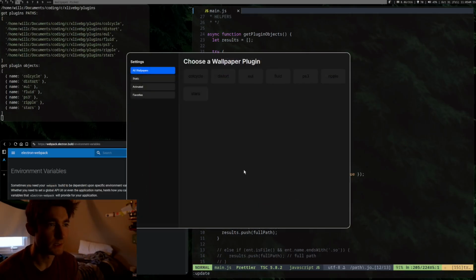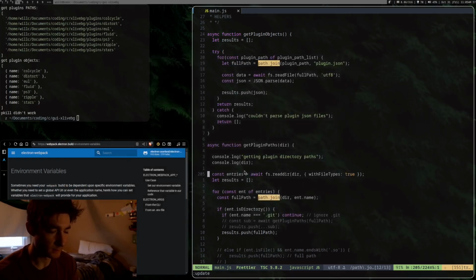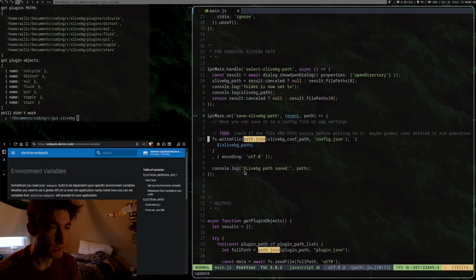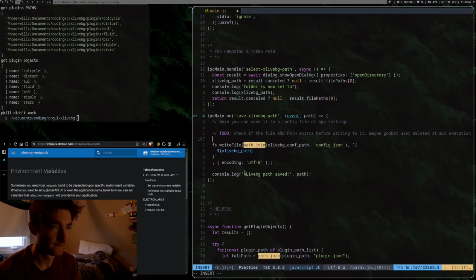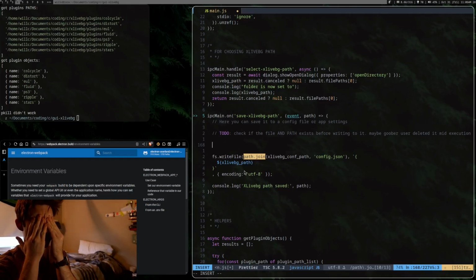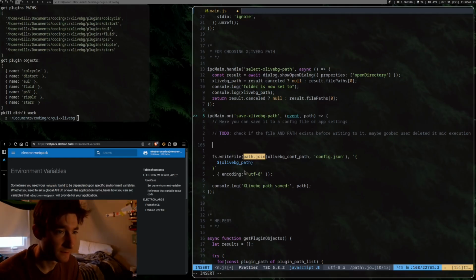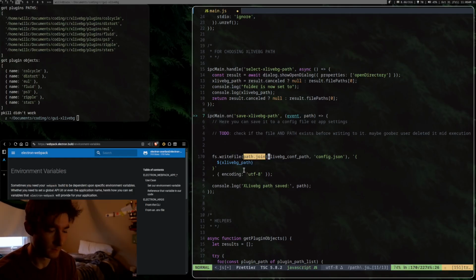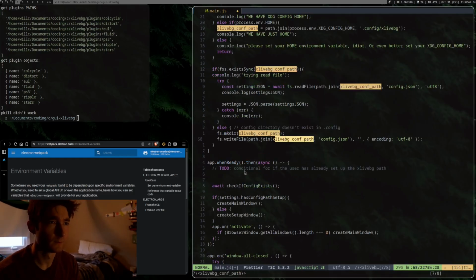And that's happening at 167, Shift G, path.join, conf path, path.join. What is it then? It's path.join. Conf, oh, maybe that doesn't exist. So yeah, that's our to-do. That makes sense. Okay, so we don't have the config path defined yet, which is a problem. Let's see where else we make the. Okay, so